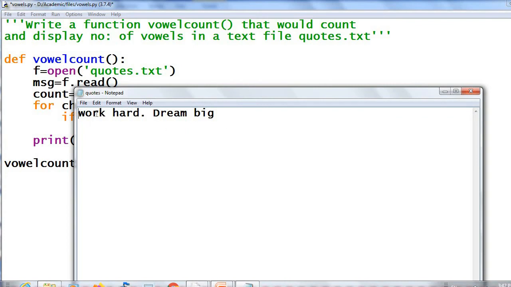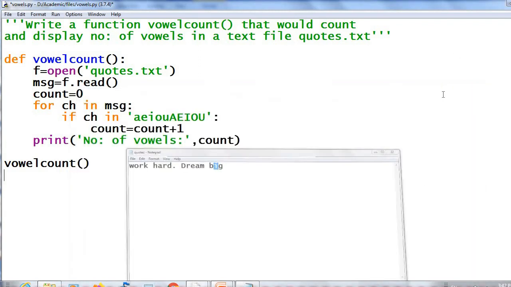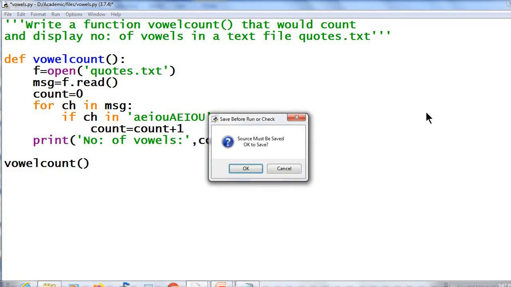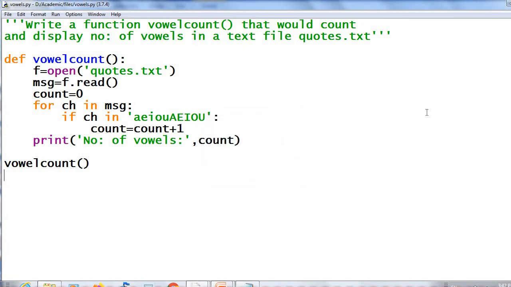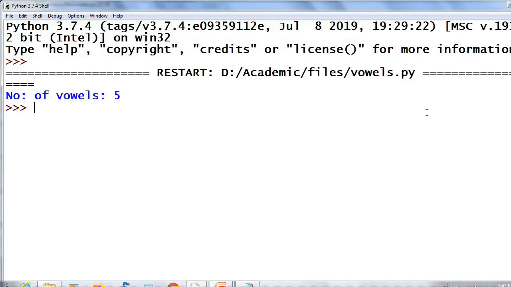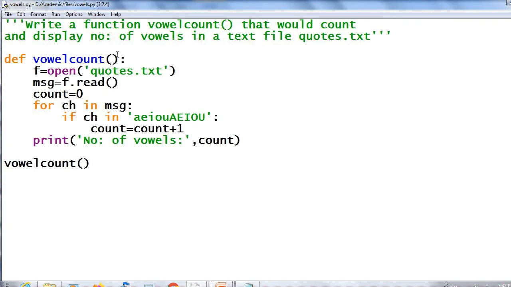How many vowels? 1, 2, 3, 4, 5. Okay, then let me execute. Number of vowels 5.